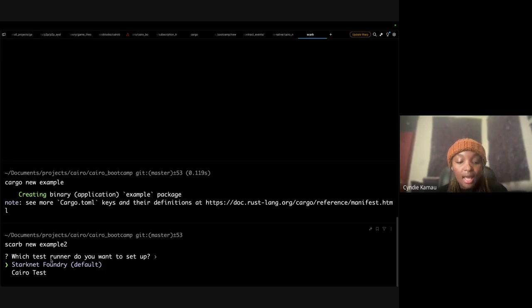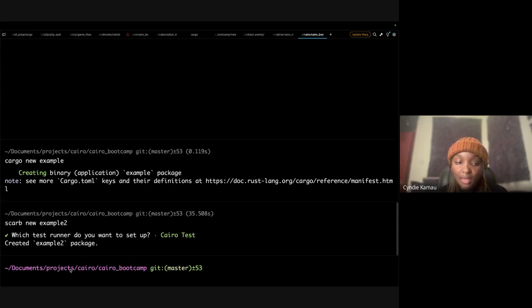So the only difference is you're going to choose between something we call Starknet Foundry, it's a tooling in Starknet, which you'll be able to see in a very extensive way next week. This is what we use when you're writing smart contracts, to help you interact with your smart contract and also deploy your smart contract, right? But since I'm just doing a simple Cairo project, I'll just go with Cairo test. So remember, Starknet Foundry is mostly for smart contracts, but if you're writing a general purpose Cairo program, we use Cairo test, right? So that's the same thing, okay? So let me just,